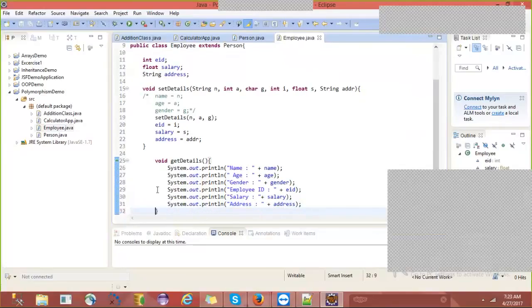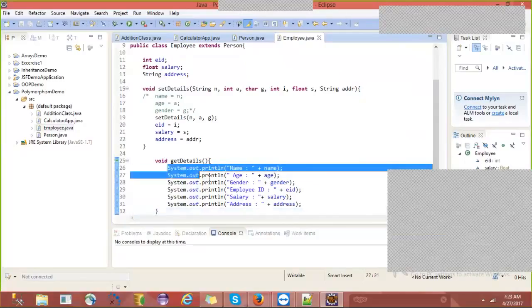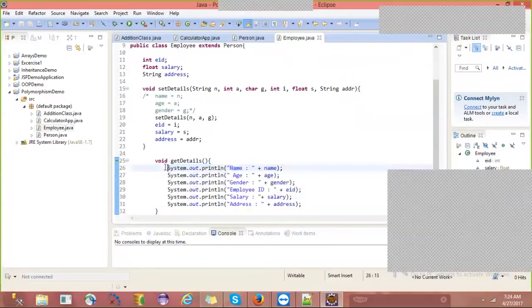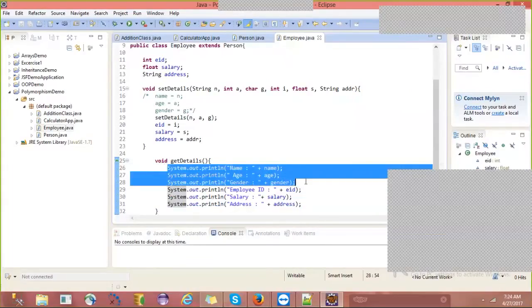But if we write like this, all six output statements, is it meaningful? Is there any meaning in saying we are using inheritance? When we are using inheritance, we should not write redundant code, right, guys? Instead of this, what should we do?